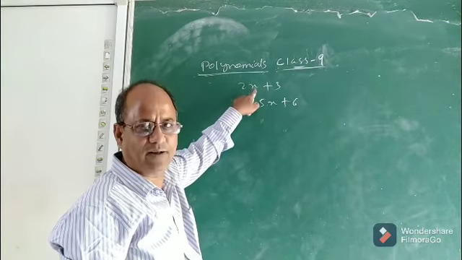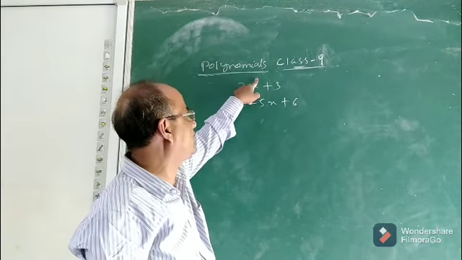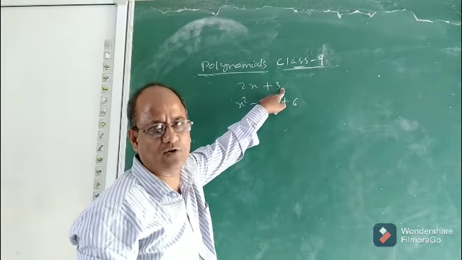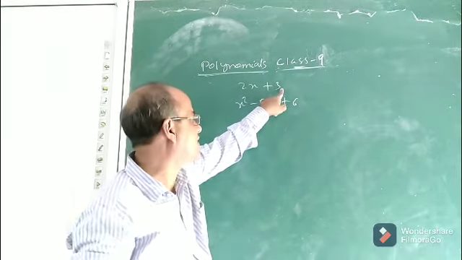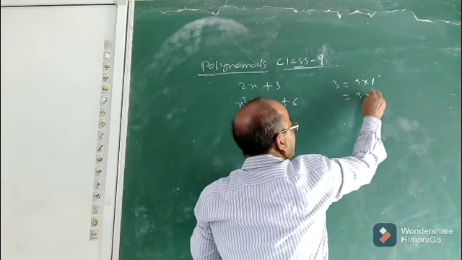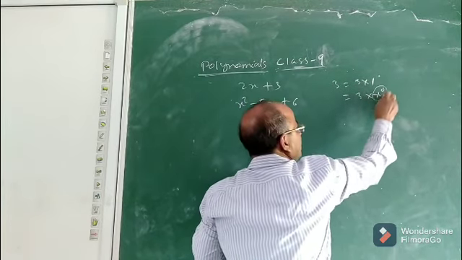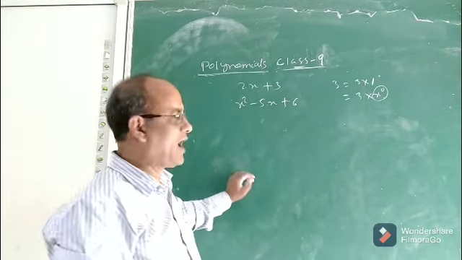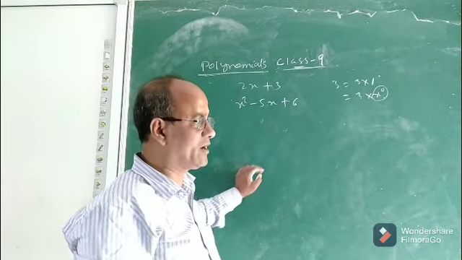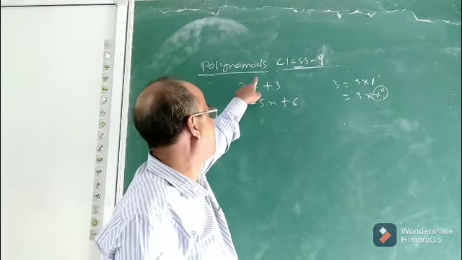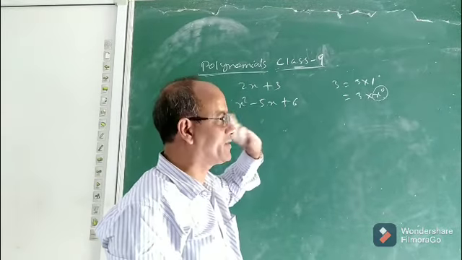See, what is the variable here? x. And if I ask you, what is the power, the exponent of x, it is 1. Here there is no x, so the power is what? 0, because 3 means 3 into 1, and 1 is x to the power 0. You see, x to the power 0 is 1. You know from the law of exponents. I also discussed this in the first chapter, real numbers, while discussing laws of exponents. So you see, here the power of x is 1, here the power of x is 0.